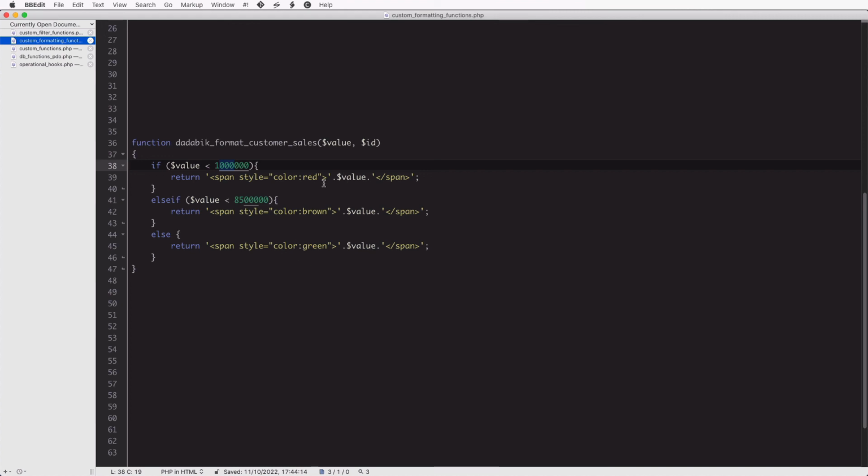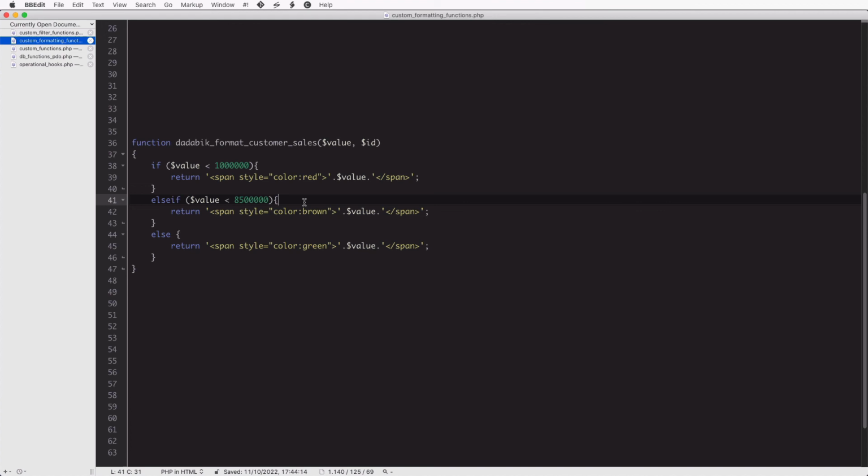What I'm doing here, I'm just returning the value I get in input plus a span HTML tag with a style attribute. That's it. So I surround, if you know some HTML, this is pretty obvious, I surround the value with a span tag.